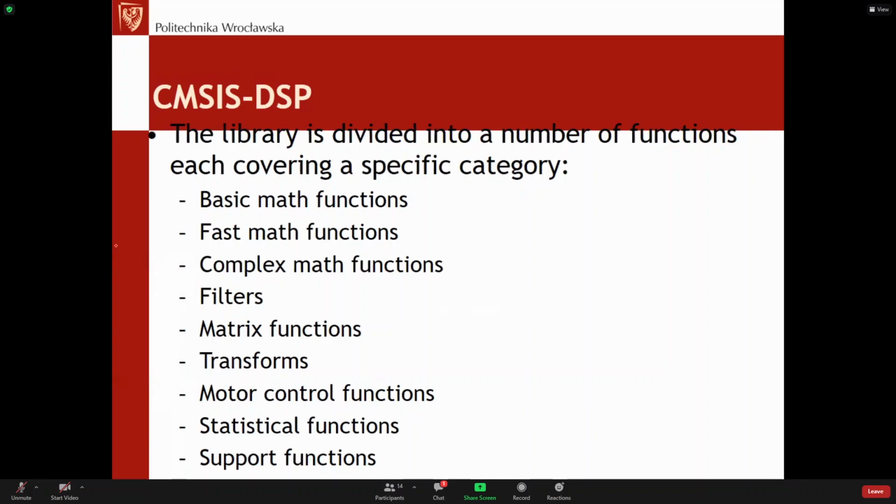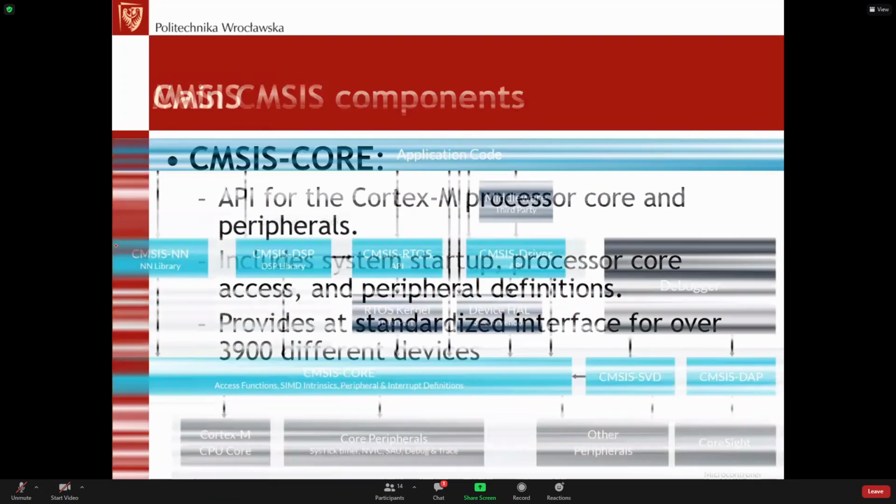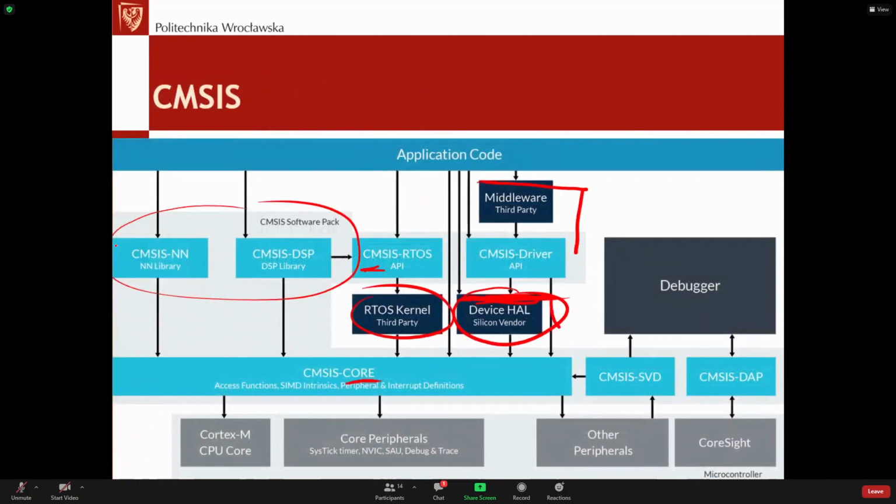As you can see on the model, they use neither the HAL nor the CMSIS drivers, because they usually get down to the core, maybe to some memory, so they don't care about other peripherals, because that's what the device HAL is doing, giving access to everything hidden in the other peripherals. In case of the DSP and neural network libraries, these are usually purely mathematical libraries